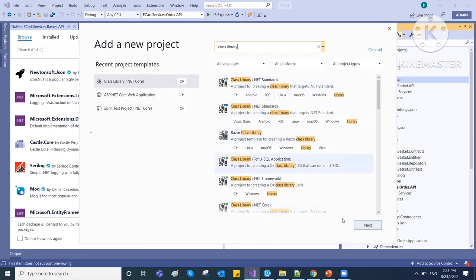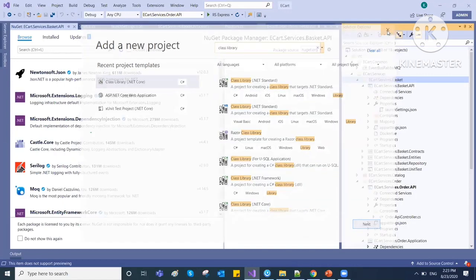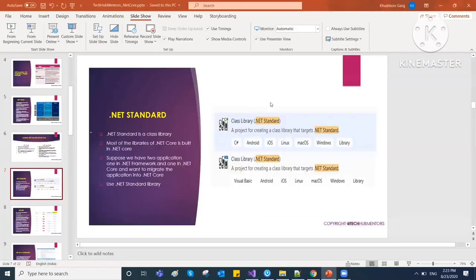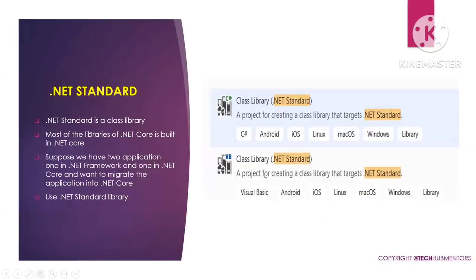.NET Standard is very different. I will give you some glimpse of .NET Standard. We will discuss more in our later sessions. So .NET Standard is basically a class library, a pure class library of .NET Core. Most of the libraries of .NET Core are built in .NET Standard. Suppose we have two applications. Just imagine